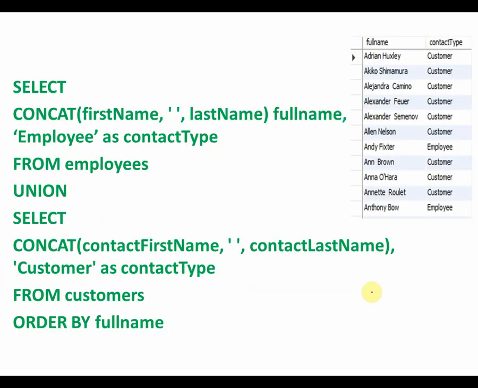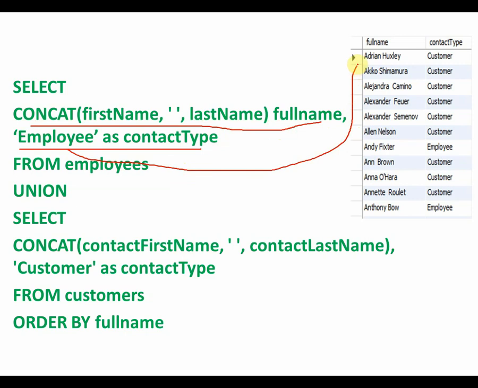So what we can do is we can use this alias and we can actually make use of this contact type. Basically what will happen is that first of all we will concat the name, and after that we will mention which is the role played. So are they customers or are they employees?